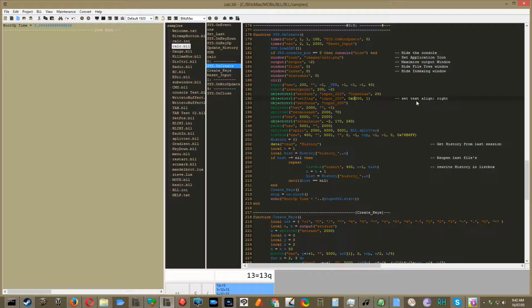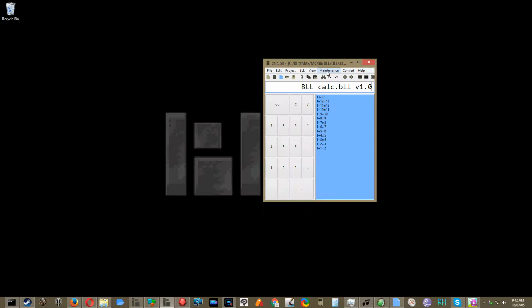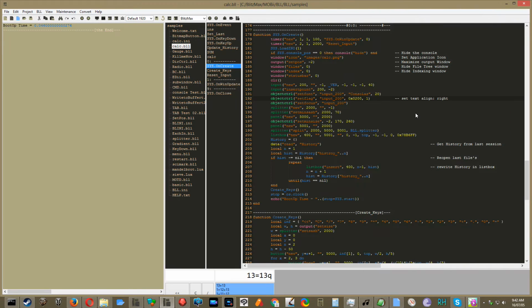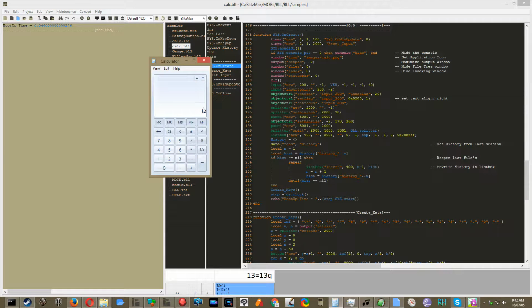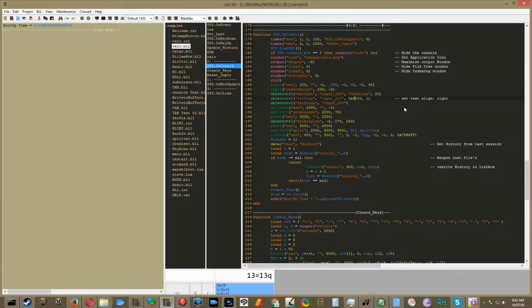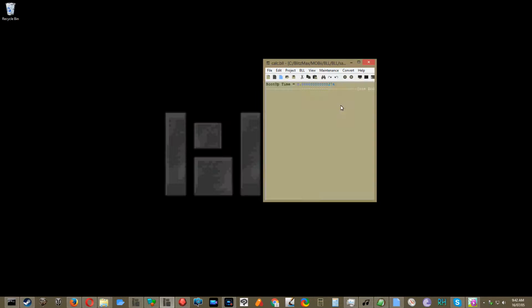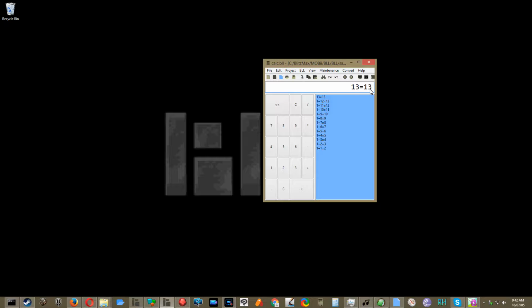And this one is where we are setting the alignment. Normally in the input box you start writing on the left side, but because this is a calculator, if we look at the original one, we have the number on the right side. And then it actually sets focus, so when we start it's going to be focused on this. So we set the cursor at the last, and then we focus this window,